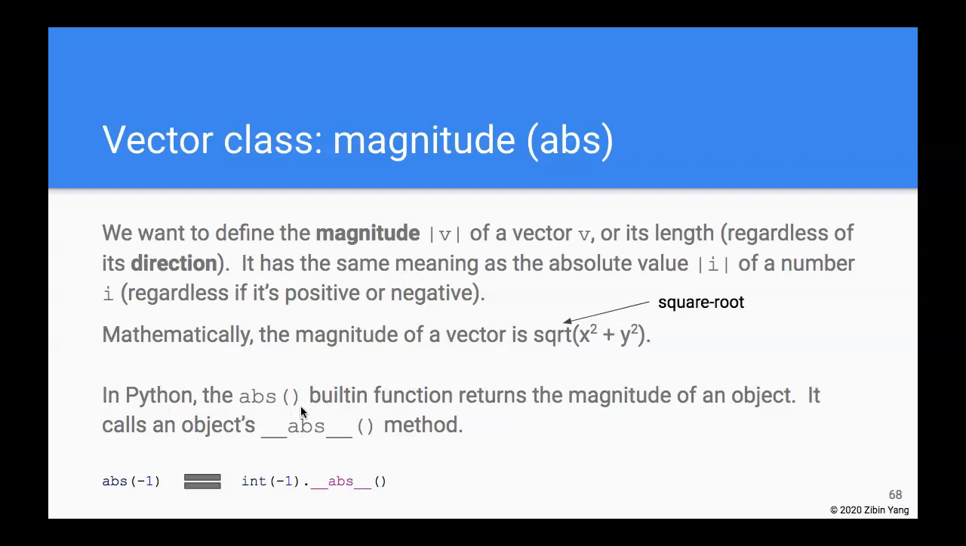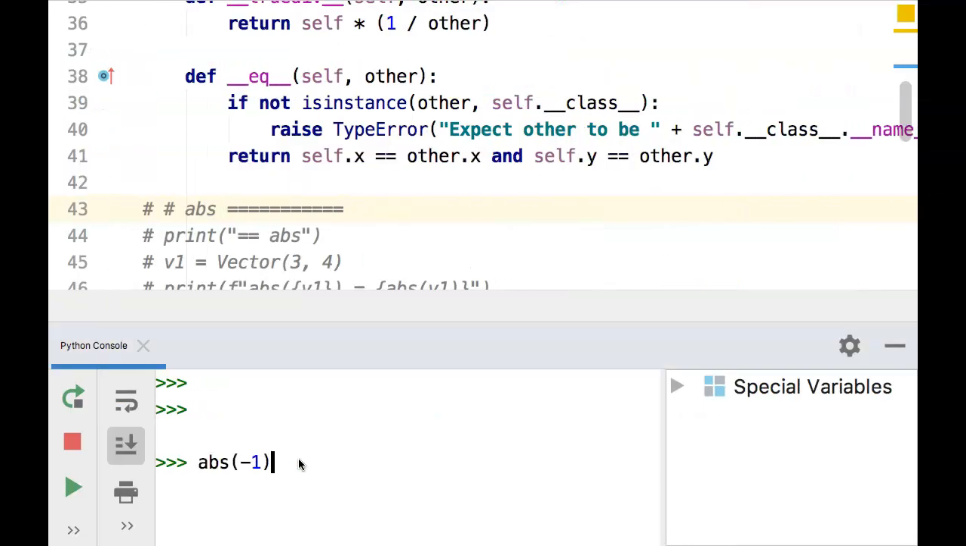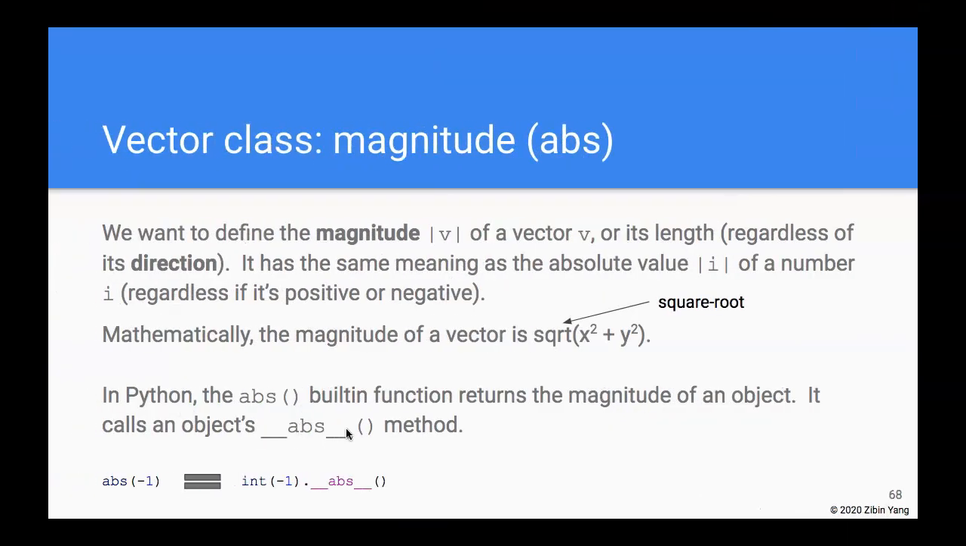The ABS built-in function, we typically use that to get the absolute value of a number, and the ABS built-in function actually calls an object's dunder ABS method. To show that to you, ABS of minus 1 gives us a 1, right? Now ABS of minus 1 is the same as the integer minus 1 dot dunder ABS. So if I call that, that also gives us a 1. So what this means then is